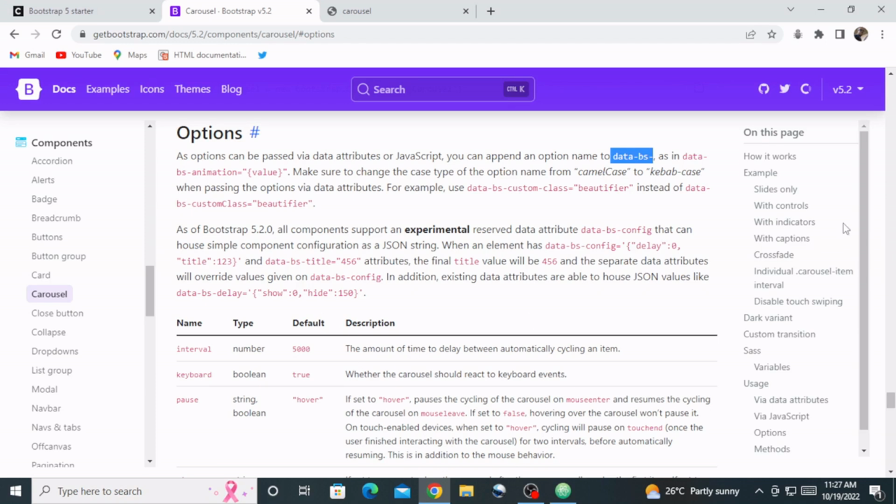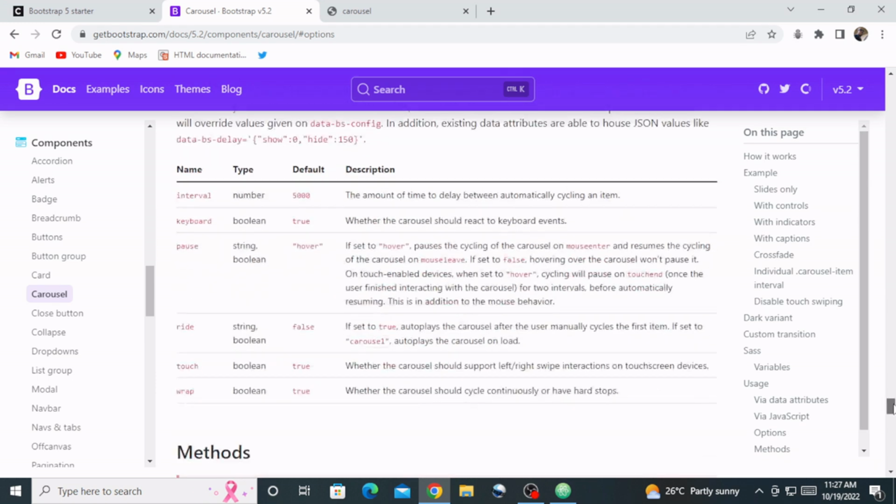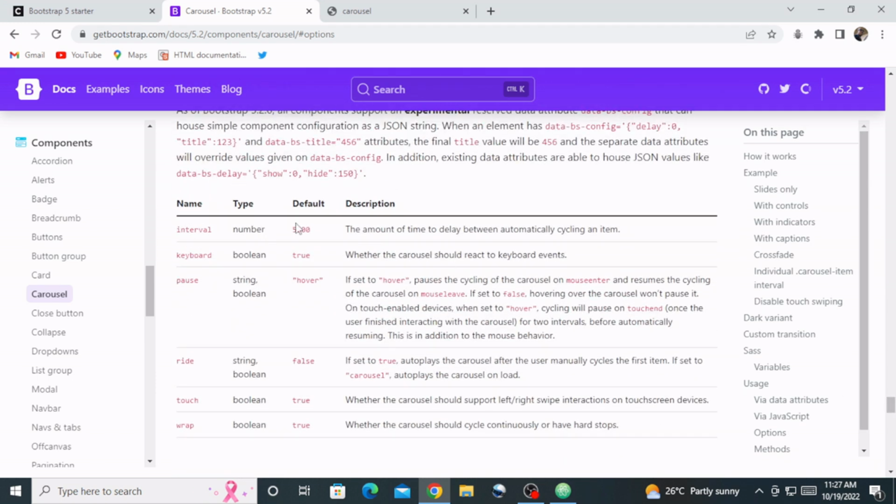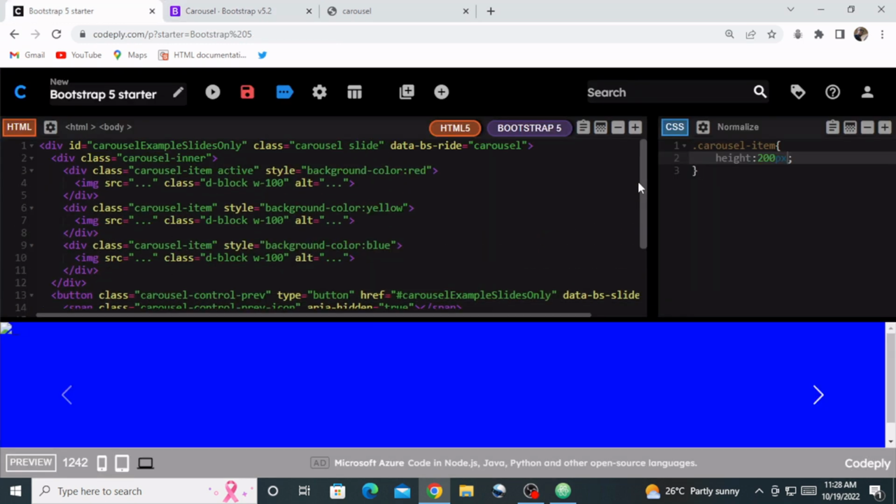And then when we come to the options here, you'll see that it says the default interval is 5,000. So this is the option that we will go for, this interval, and at the moment the default interval is 5,000 milliseconds. This is 5 seconds. So we want to change this. We want to change this from 5,000 to something else, so that our slides move a bit faster than they do. So inside my code here, I'm going to come inside here, and then right here I'm going to say